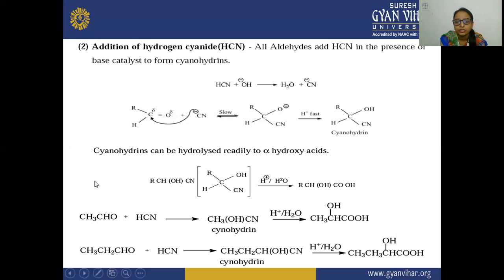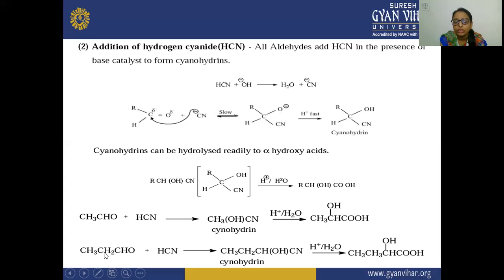So you will see here CH3CHO, which is your aldehyde. First, it is reacting with hydrogen cyanide, and after the reaction of both of them, there is a formation of the cyanohydrin, which is then hydrolyzed, and there is a formation of this alpha hydroxy acid. Now here this is your acid, this carbon is your alpha, and this is your beta. On the alpha position, there is a presence of this hydroxy. That is why its name is alpha hydroxy acid.